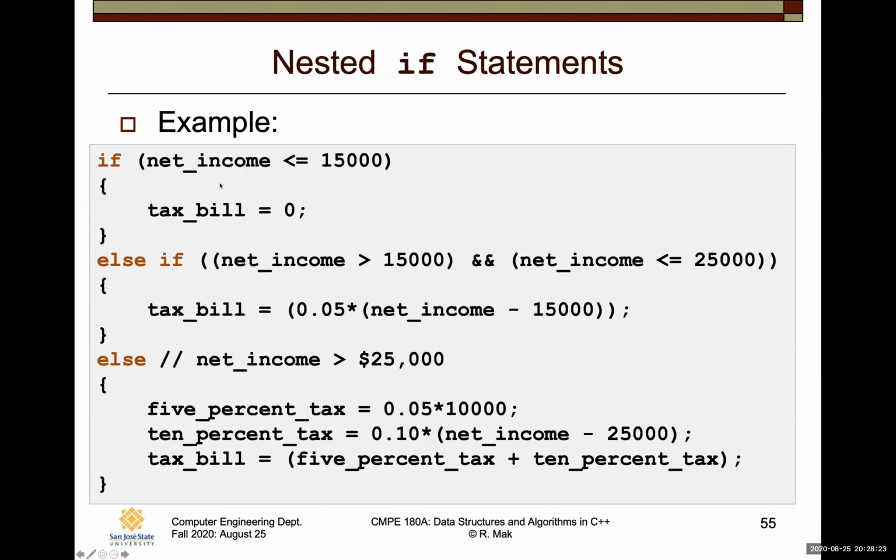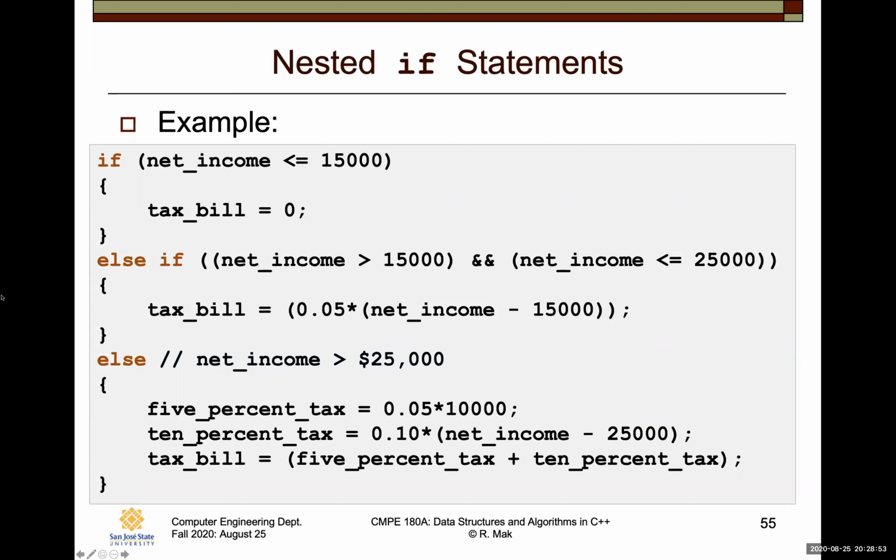Okay, remember we had if and else. Okay, well, take a look at this. If your net income is less than or equal to 15,000, then your tax bill, hooray, is equal to 0. Or else if the net income is greater than 15,000 and is less than or equal to 25,000, then here's your tax bill